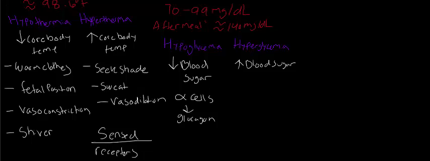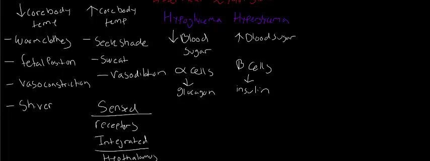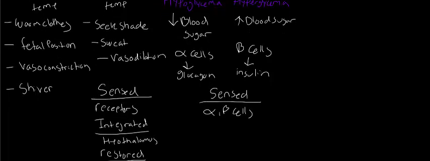And in hyperglycemia, you have beta cells. And in the beta cells, they'll secrete insulin. And it also inhibits alpha cells from secreting glucagon. And that's how you will readjust the sugar levels in the blood. So what becomes sensed? They're the alpha and beta cells. They detect changes in blood sugar, and then